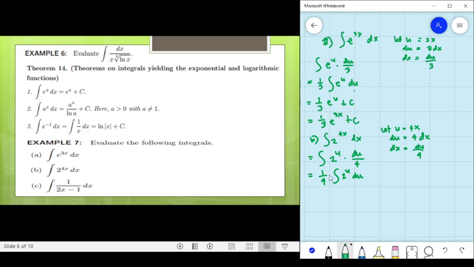So using theorem number 2, it would be similar to 1/4 times the antiderivative of 2 to the u, which is 2 to the u over ln of 2 plus c, which is similar to 1/4 times, the u here is 4x, so 2 to the 4x over ln of 2, then plus c, which is equivalent to 2 exponent 4x over 4 ln of 2 plus c. Okay,